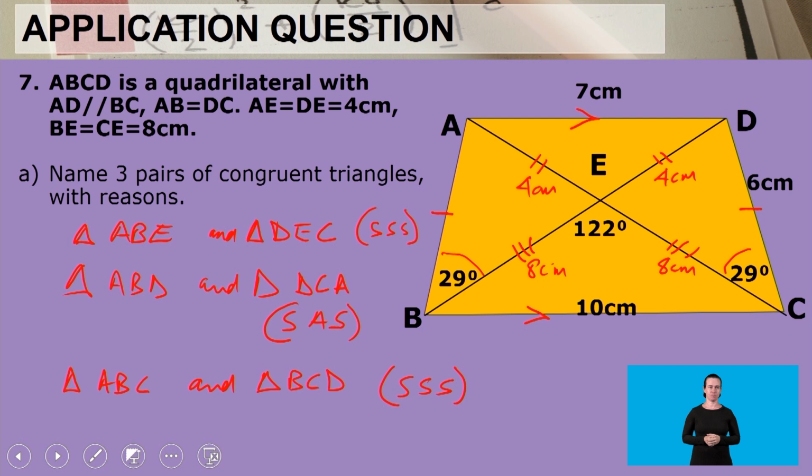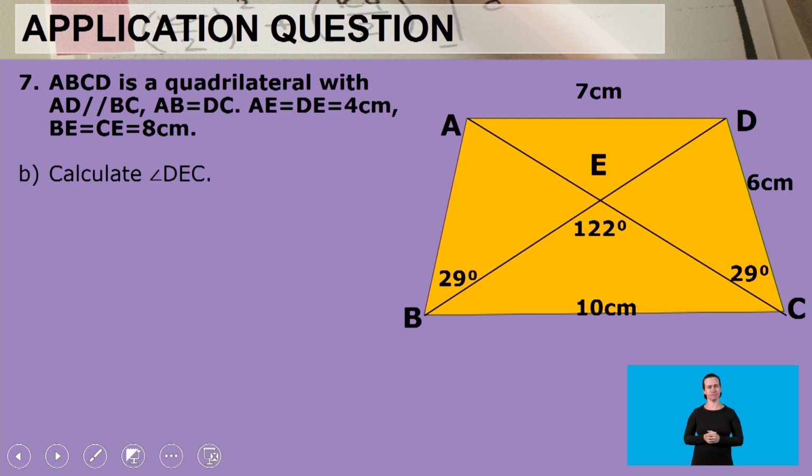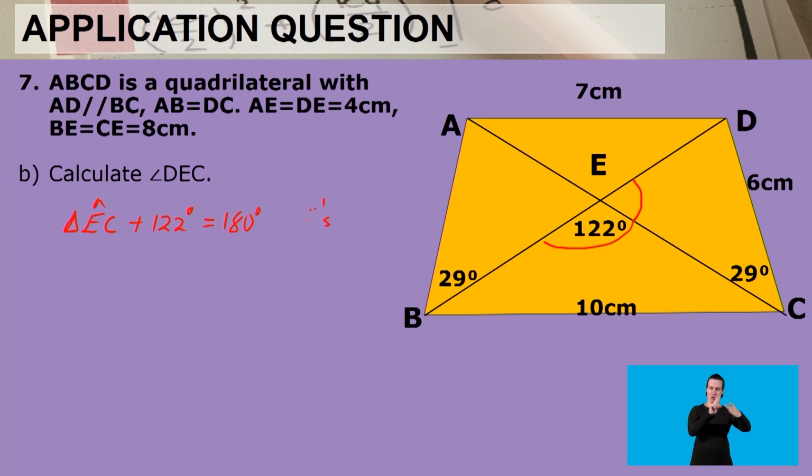Let's continue and look at part B of this question. It says, calculate angle DEC. Angle DEC is that angle there. What you notice is that it is adjacent to angle 122 degrees. So we're going to write it as angle DEC plus 122 degrees equals 180, because angles on a straight line